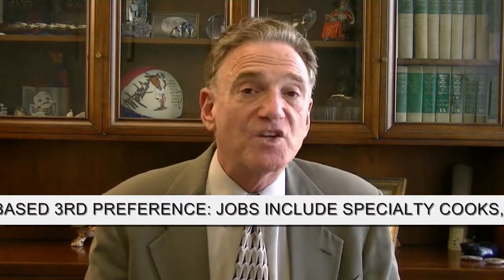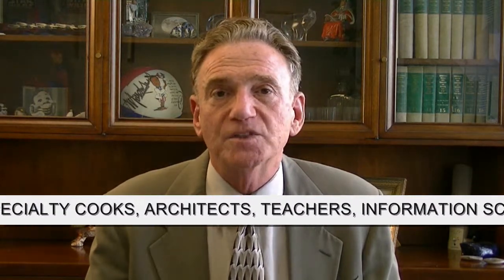If that minimum entry level is at least 2 years of experience, then that job qualifies for the employment-based third preference. Some categories of jobs would include specialty cooks, of course professions like architects, teachers, computer information scientists and so forth, computer programmers, and they would all fit in the employment-based third preference. If we can show that the job requires an advanced degree, at least a master's degree, and our client has a master's degree or the equivalent of a master's degree,